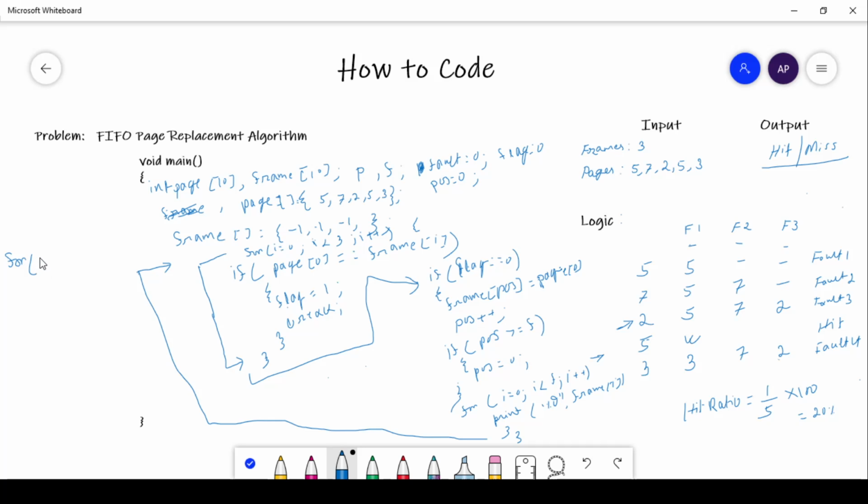You can take another variable, j equals to 0, j less than p, where p is the number of pages, and j plus plus. Start this for loop before the beginning of this code and end the for loop here, and this is the complete logic.